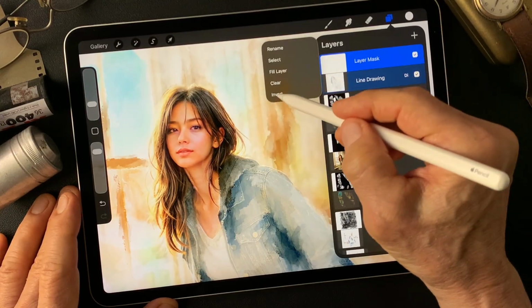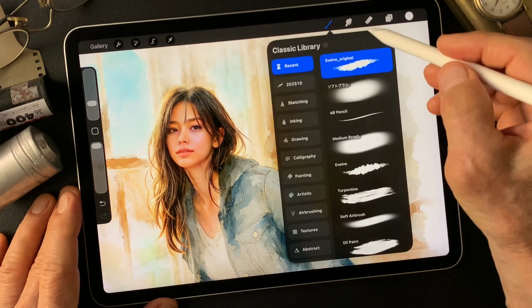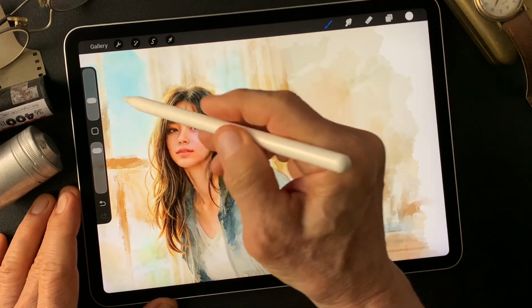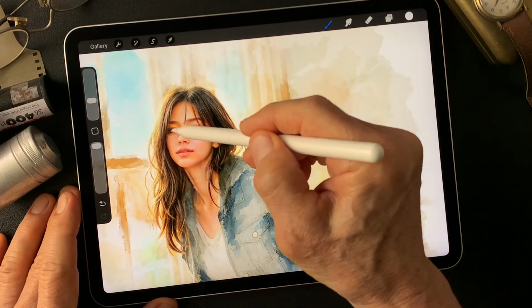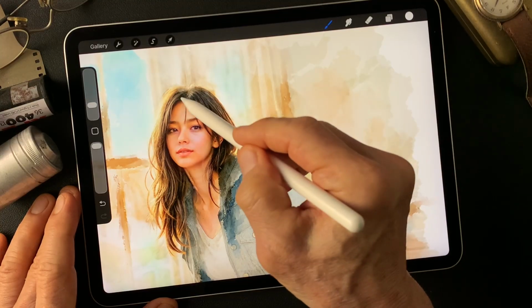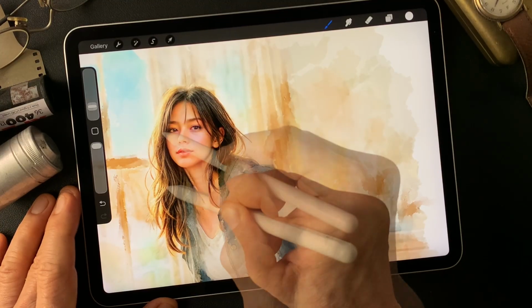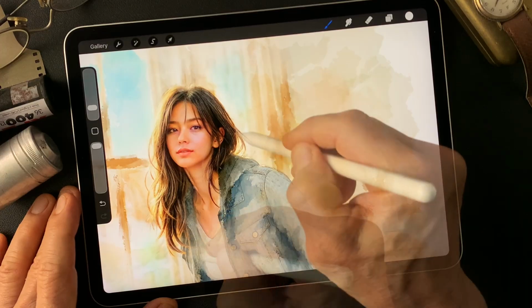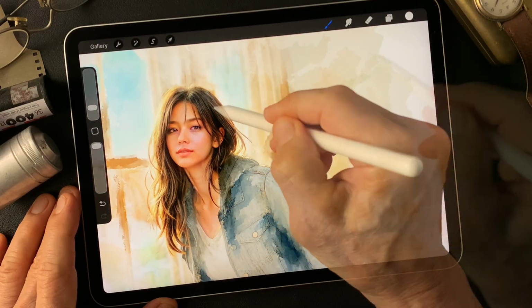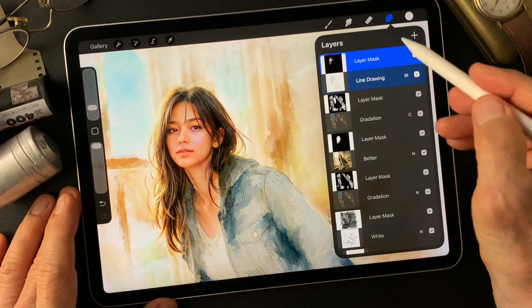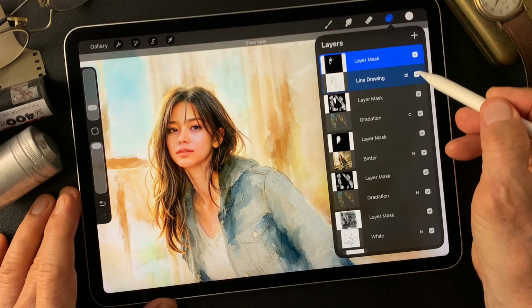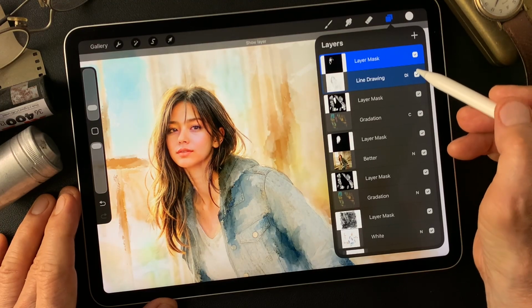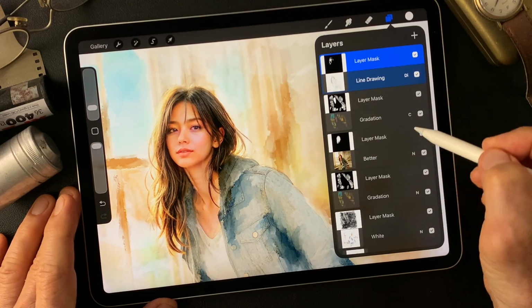Invert this mask. Now open with soft brush. Give it nice highest light. Yeah, nice. Okay, keep it this, then